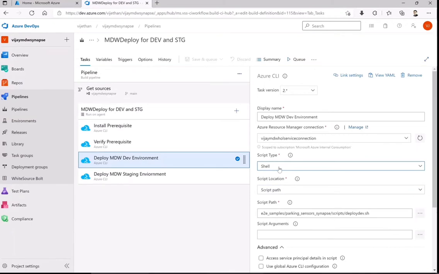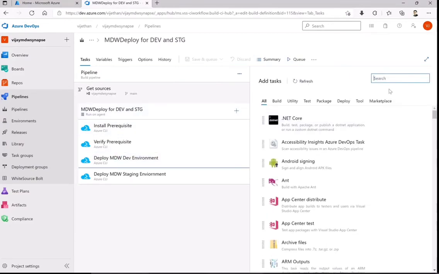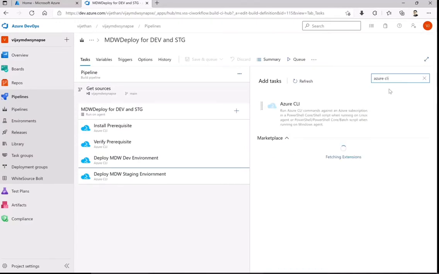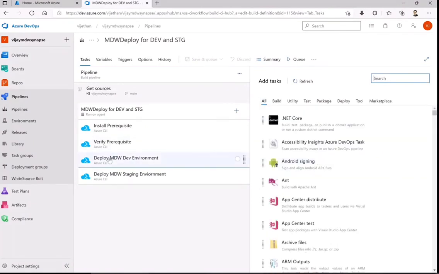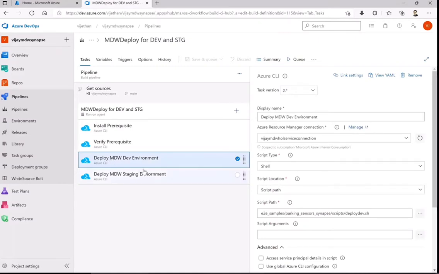While you do this, you just have to search for that particular Azure CLI task here and select the shell script. So I can show you, suppose, this is the task I'm using. Just add that task, select it as a shell script and pull that directly. Okay, so accordingly you can name them the way you are implementing in the respective task.